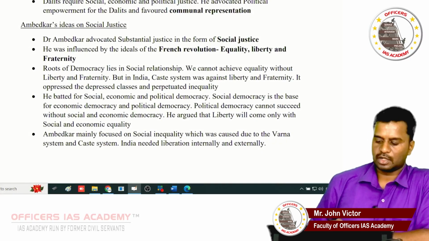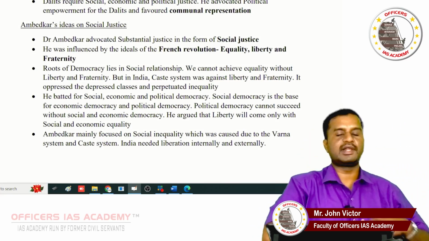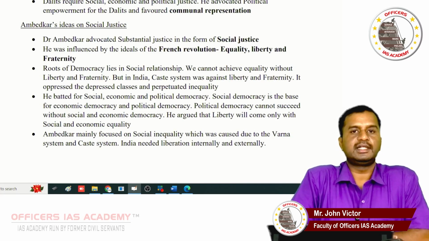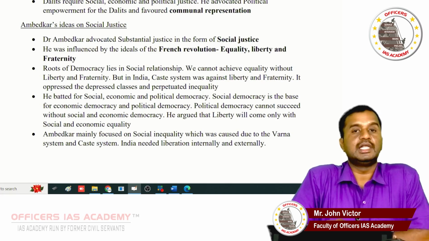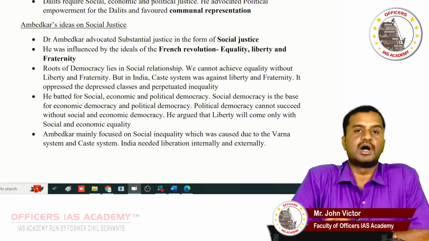Dr. Ambedkar focused on social, economic, and political equality. Without social equality, there won't be economic and political equality. So, social equality forms the basis. At the same time, social equality and economic equality can be enforced through political means, which is affirmative action. The communal award was seen as a solution to ensuring the liberation of the masses. So it is nothing but a remedy. This is Dr. Ambedkar's argument.